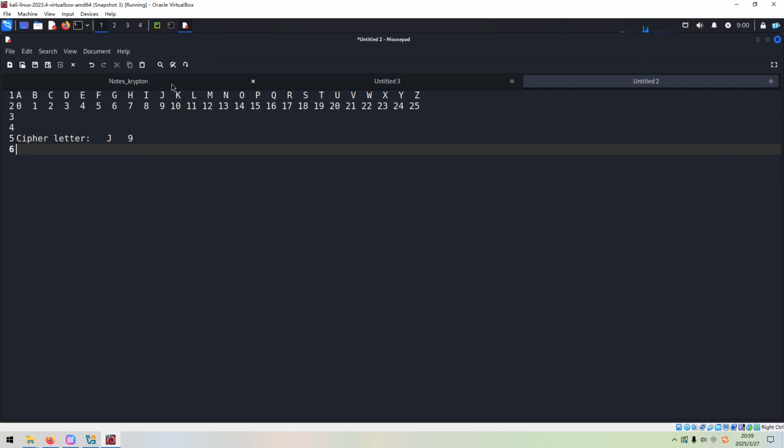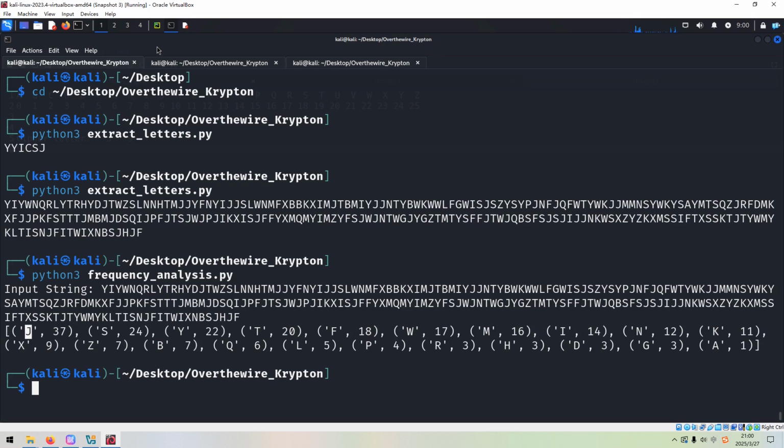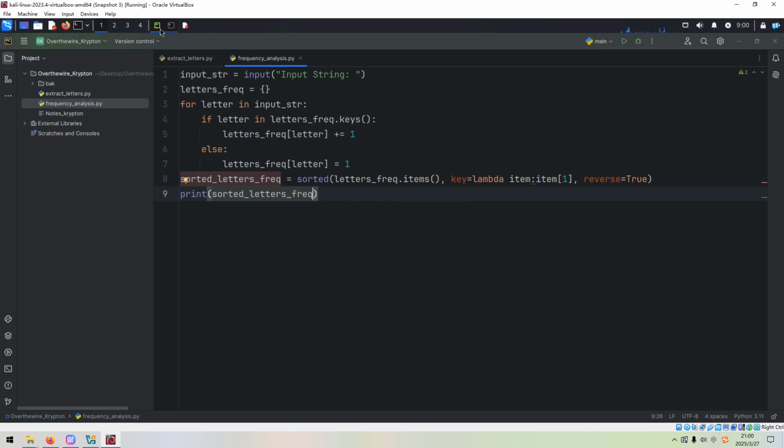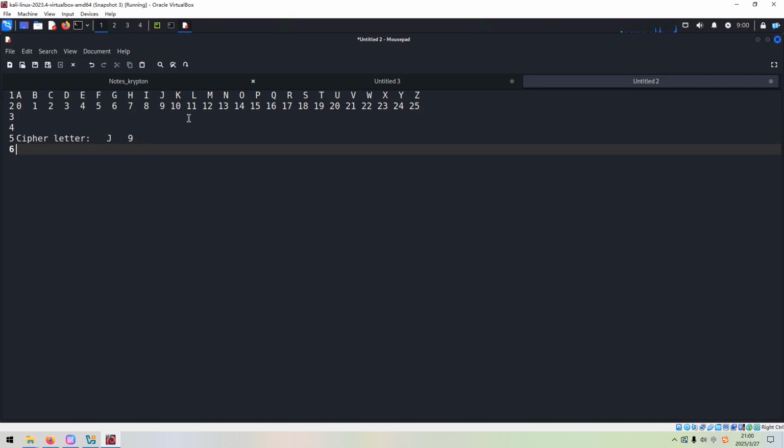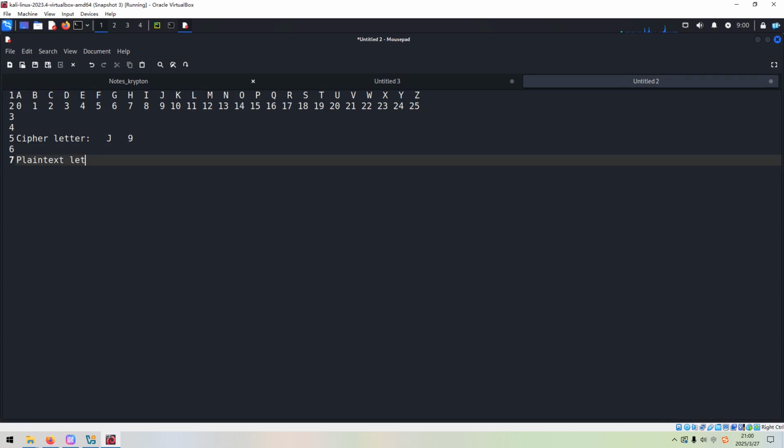And as we know, in the English language, uppercase E ranks the most. I have already explained in the previous level. So the plain text letter is E, and its index is 4. Okay,